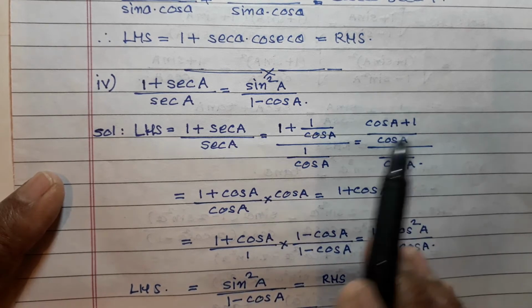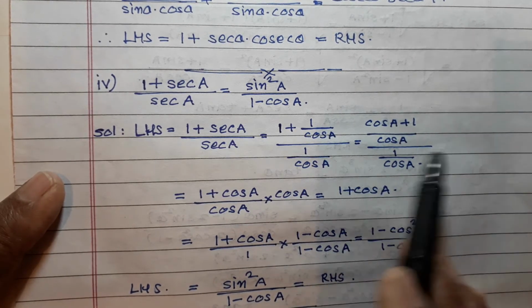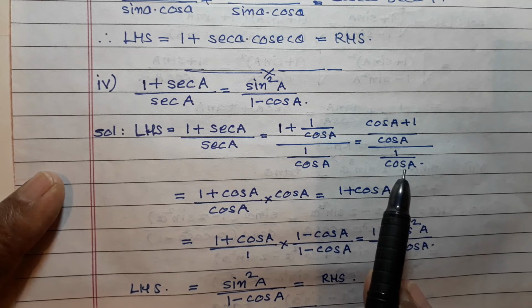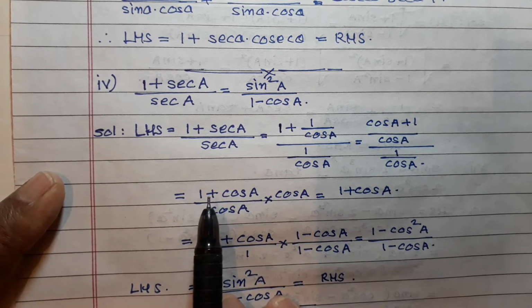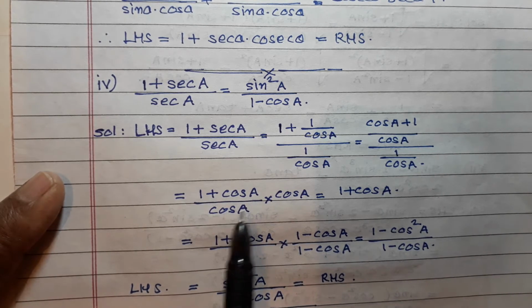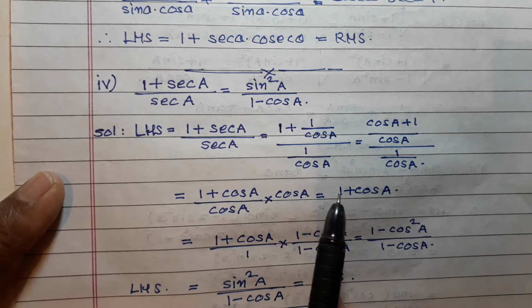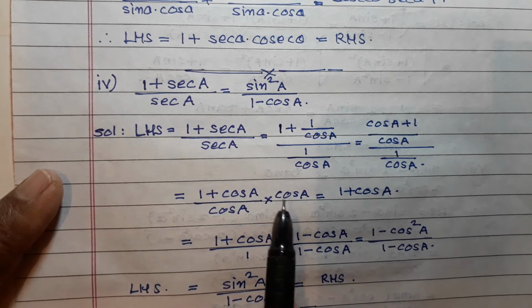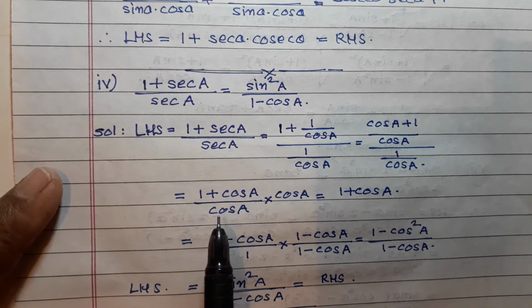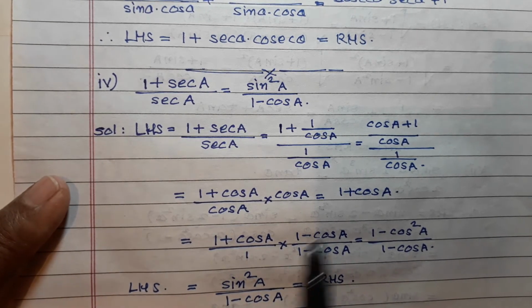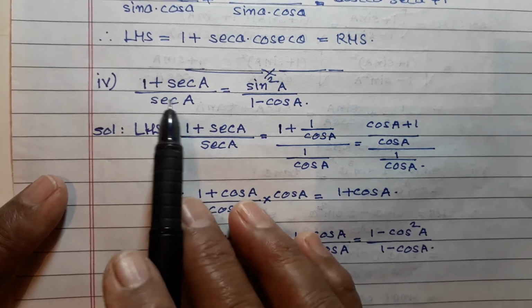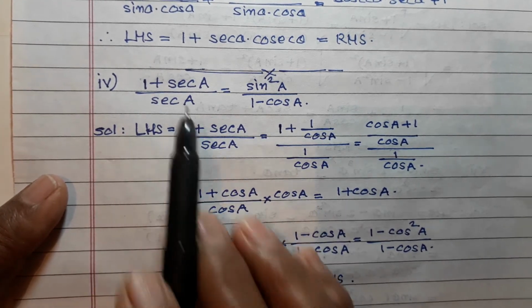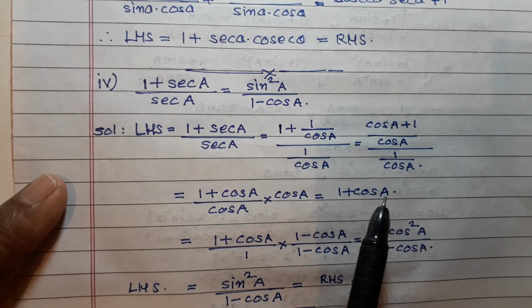Cos a plus 1 upon cos a upon 1 upon cos a. So 1 plus cos a upon cos a into cos a is equal to this 1 plus cos a. So this cos a and this cos a get cancelled. Now 1 plus cos a, so 1 plus sec a upon sec a is equal to 1 plus cos a,